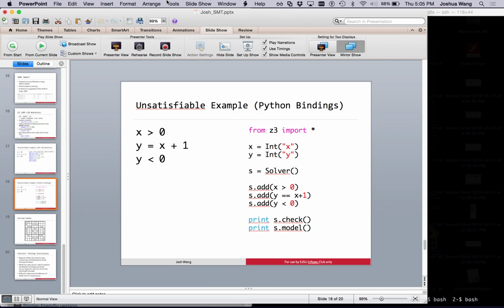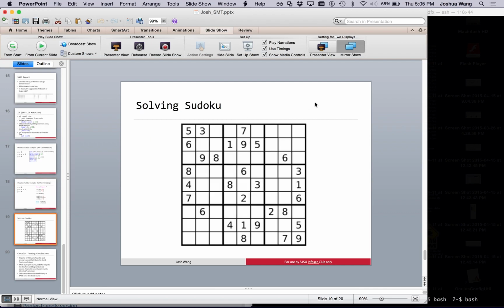So yeah, you can use this to do stuff like solving Sudoku. You guys all know how to play Sudoku? In case you don't know how to play Sudoku, the objective is to have the numbers 1 through 9. You're given a 9 by 9 square, and then within each cell of this 9 by 9 square,